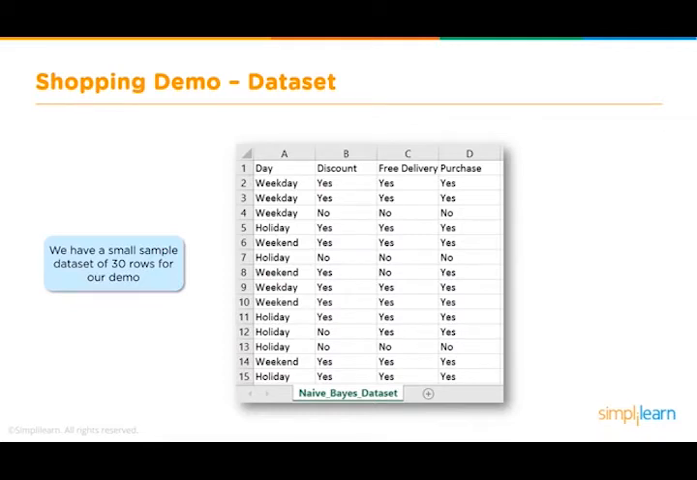As you can see here, the file is very simple, columns and rows. We have the day, the discount, the free delivery, and did the person purchase or not. And then we have under the day whether it was a weekday, a holiday, was it the weekend. This is a pretty simple set of data, and